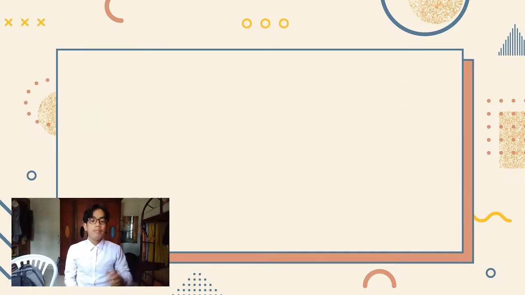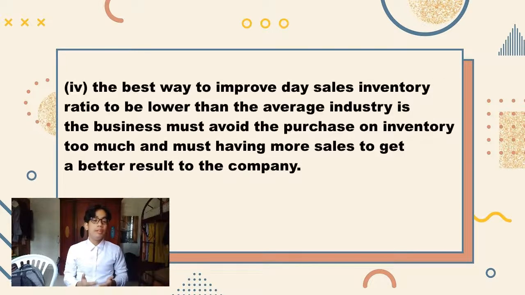So in my opinion, the best way to improve the day sales inventory ratio to be lower than the average industry is that the business must avoid purchasing too much inventory and have more sales to get a better